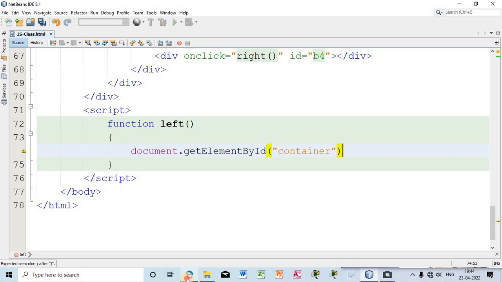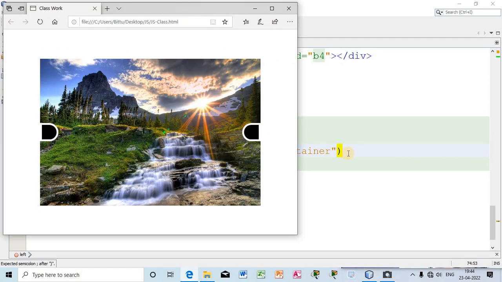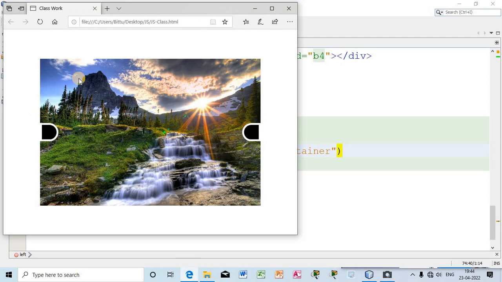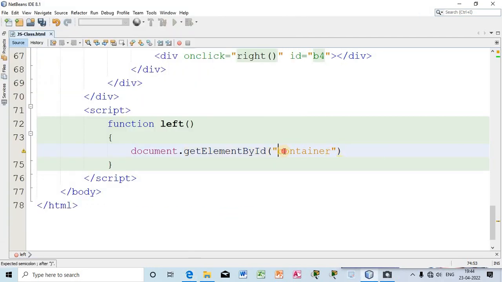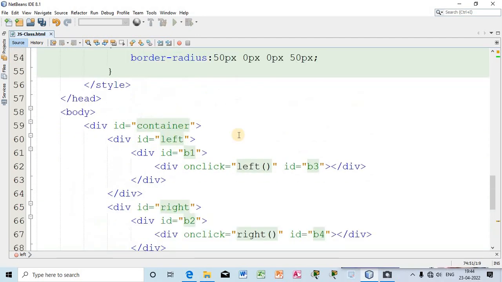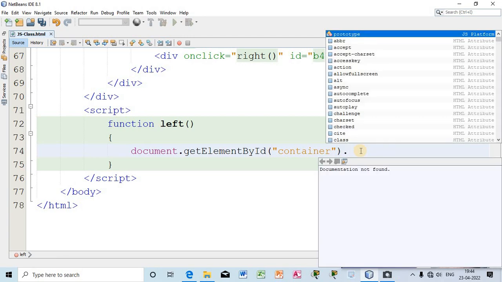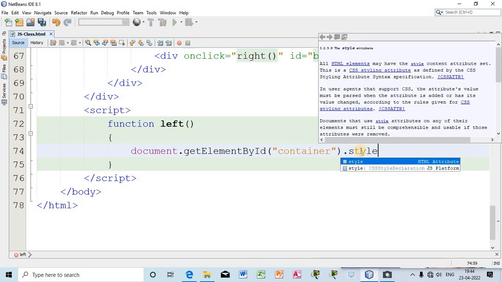If the user clicks this left side button, that time this function will operate, where the get element by id method will be called to access the main div. So I have called by the id that you can see over here. Now what I am going to do over here? So here I will write, just see, dot, style dot